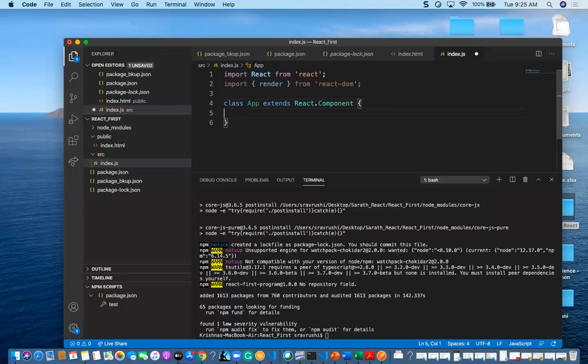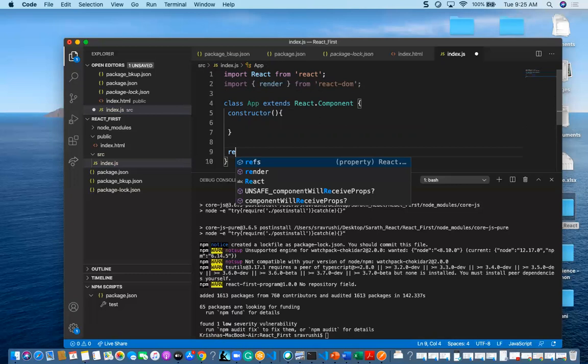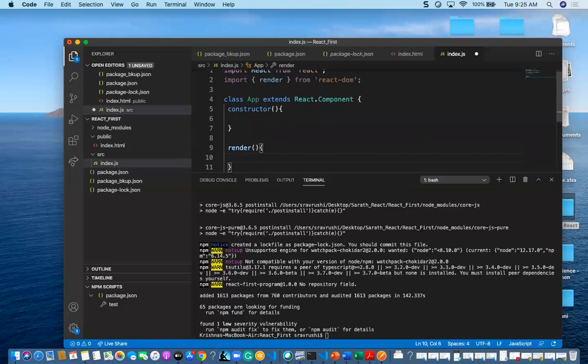This will bring the features of the React component to the current class. The structure of this class is: the first thing is the constructor, and the second thing is render. This render is the one which is going to render your HTML elements into the UI.